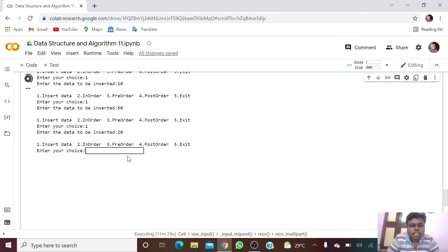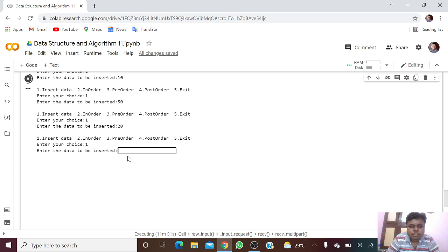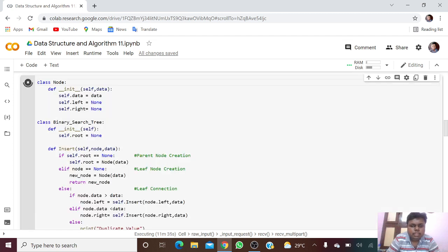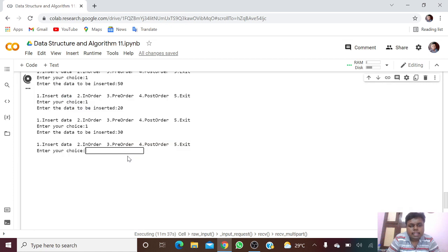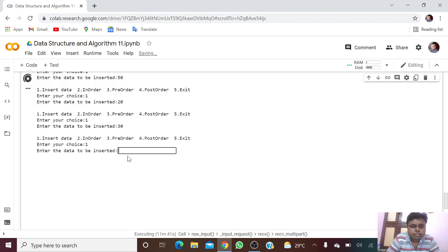Again choice 1, and I give data as 13. Again choice 1 to insert the data, and I give data as 14.